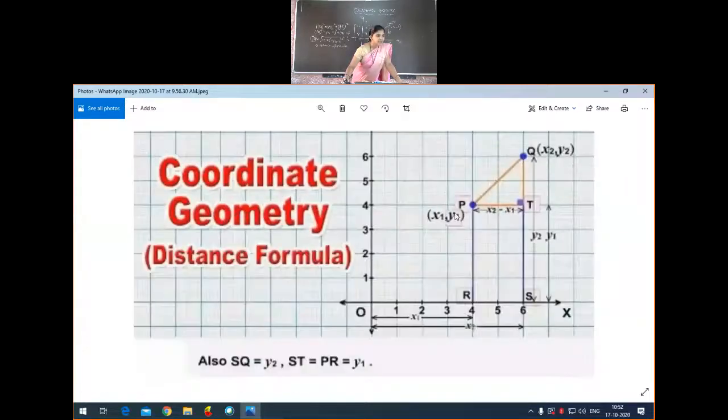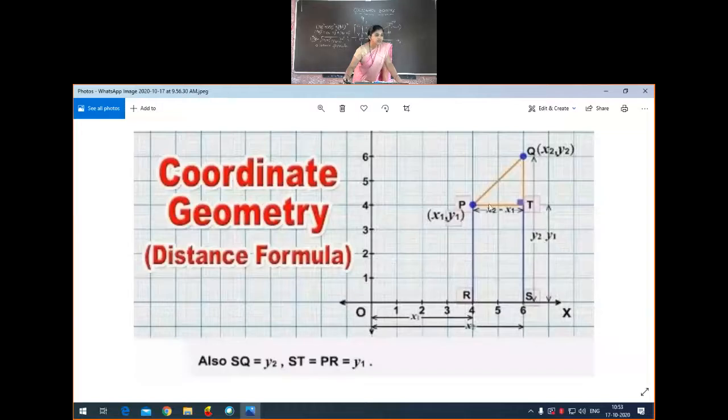So P point is x1, y1 and Q point is x2, y2. Here they took the name as T. Then just join this P to the x-axis and this point Q to the x-axis. Then if we connect this to the y-axis, we'll get this. Here this much is x1 and from this point to this x2 point the distance is x2. Similarly, they took this distance as y1 and the total distance is y2.